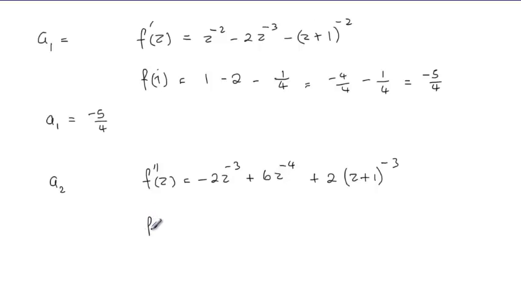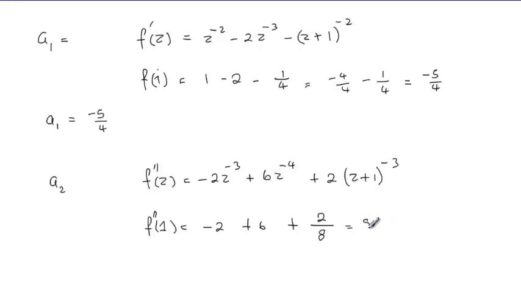Now evaluating the second derivative at 1, we would have here minus 2 over 1 cubed, which is minus 2. Then here we've got 6 over 1 to the power 4, which is going to give us 6. And there we've got plus 2 over 2 to the power 3, which is 8. It is going to give us 4,